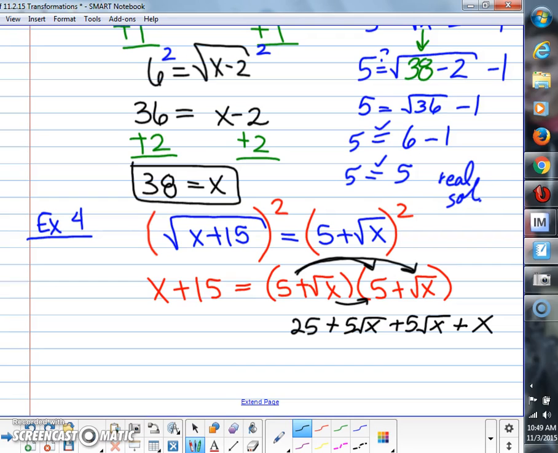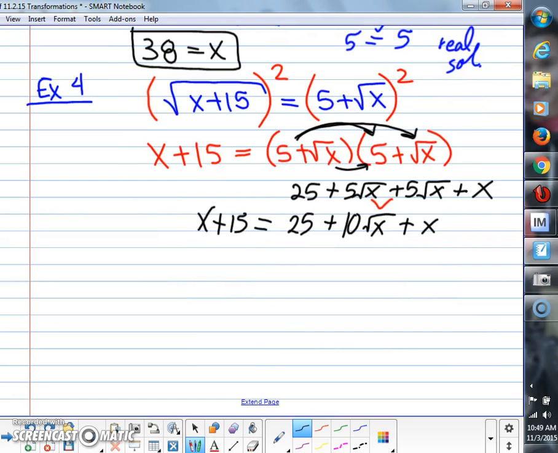Okay, what's 5 plus 5? 10. So we actually have 10 square roots of x plus 1x and then plus 25 equals x plus 15. You're going to subtract 25 from both sides. 15 minus 25 is negative 10. You're left with x minus